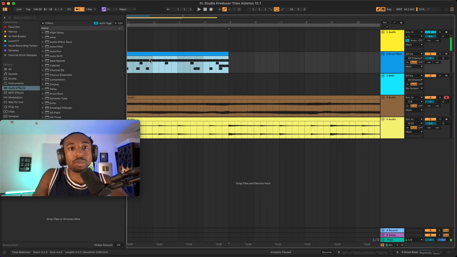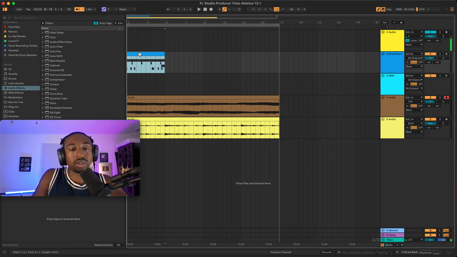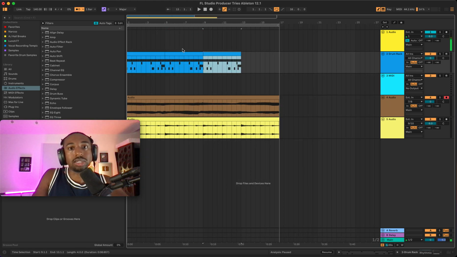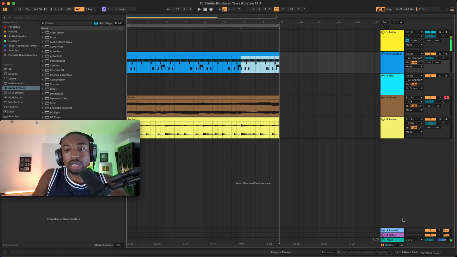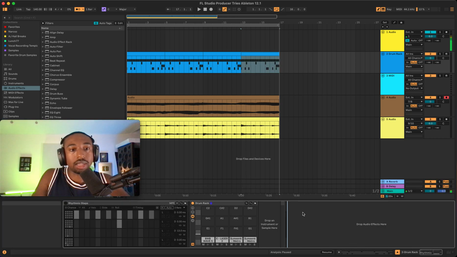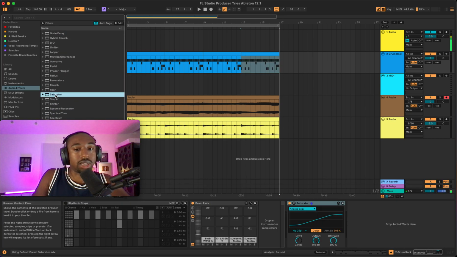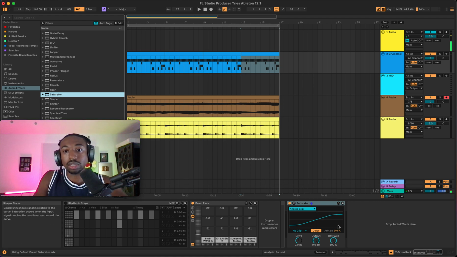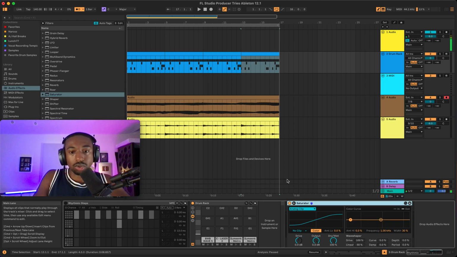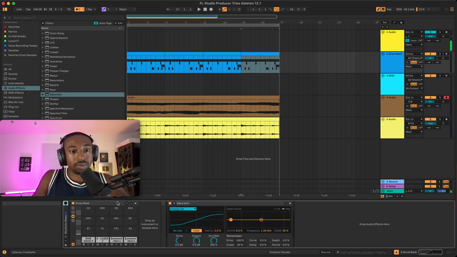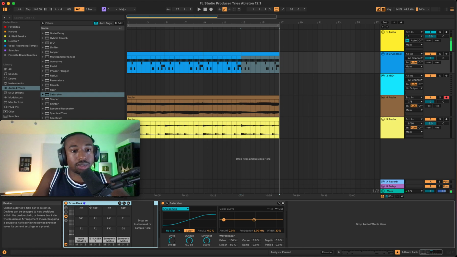So what I want to do is run my drums as a whole through a saturator. So we're going to highlight this, hit Control D to duplicate. And now we're going to go to our drum rack and load up an audio effect called Saturator. Now they've updated Saturator to look different. I don't know how to get that little blue thing they had on the screenshot, but if you click this drop down arrow, you can load up more stuff. So let's get rid of this little rhythmic thing that was pointless.